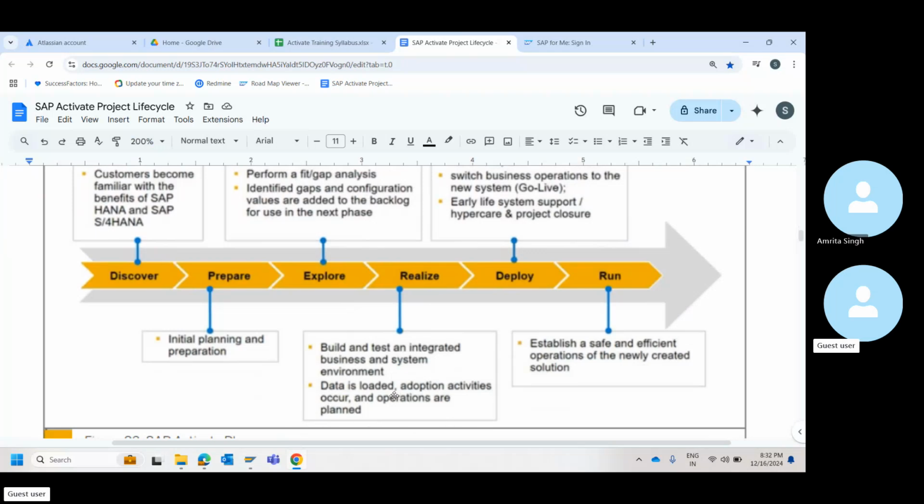As I told you, master data and transactional data. You'll have to get the data and load it, because your UAT should happen with their real-time data. Let's say you're manufacturing computers, those business users will know what a CPU is, what a monitor is, what a keyboard and a mouse are.